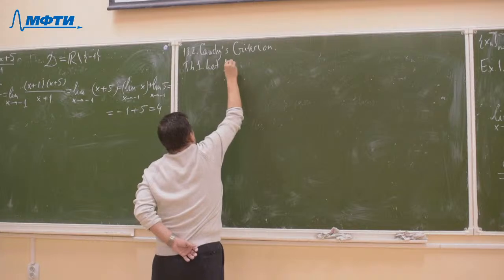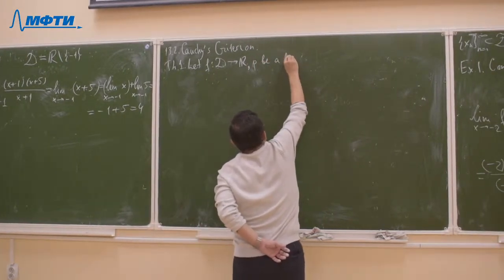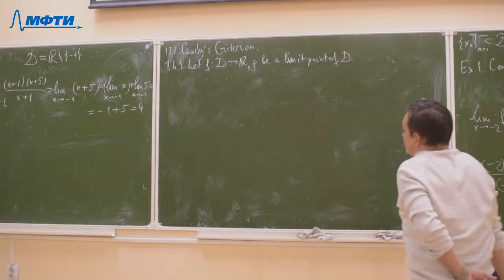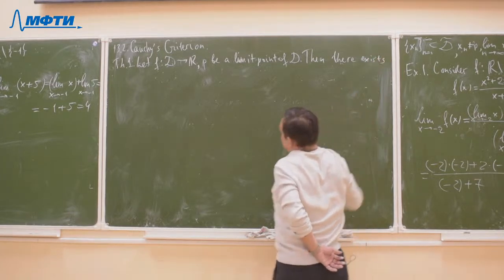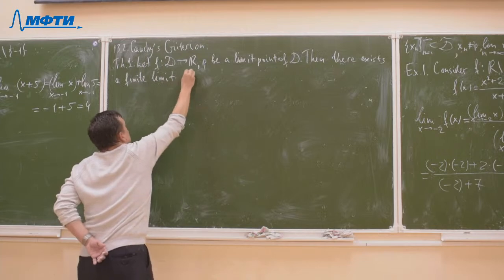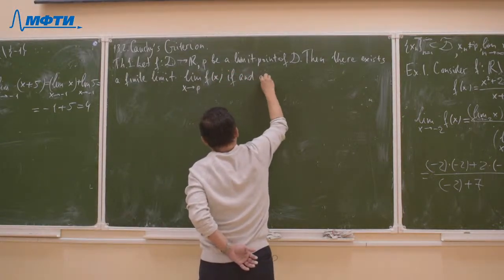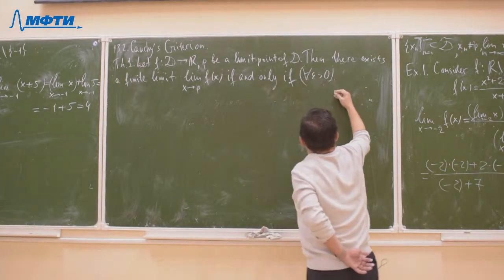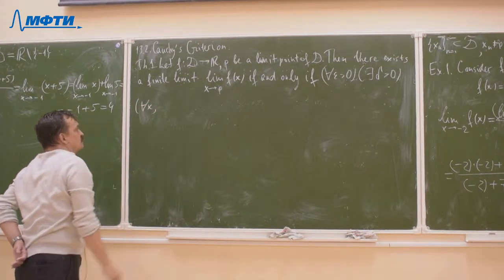Let f be from D to R, p be a limit point of D. Then there exists a finite limit as x tends to p of f of x if and only if for arbitrary epsilon greater than 0 there exists delta greater than 0 such that for all x in D,